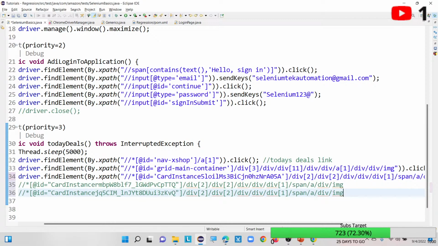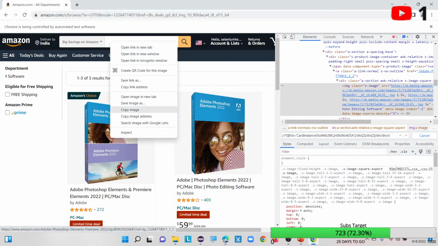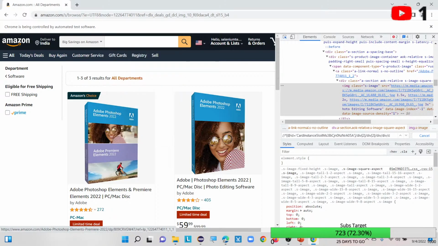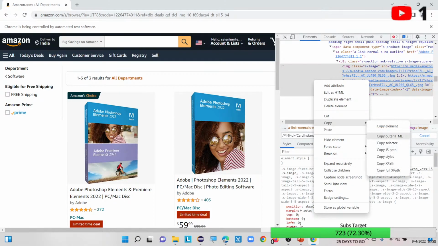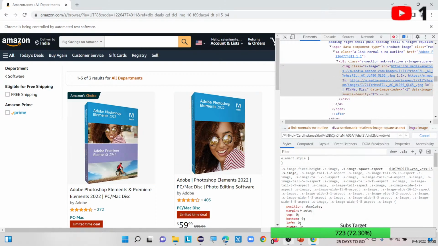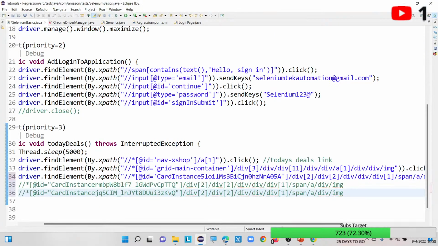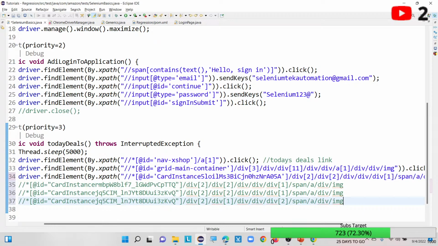Yeah, it is a dynamic XPath. So what I will do, let me check for the other XPath. Others XPath. So here also it keeps on changing, right? Okay, so now